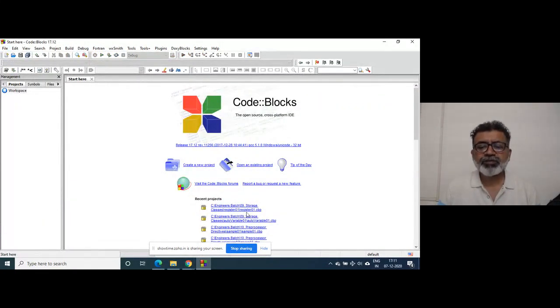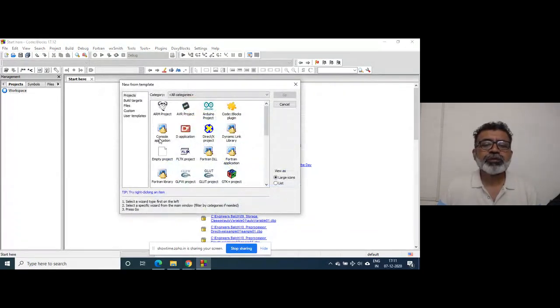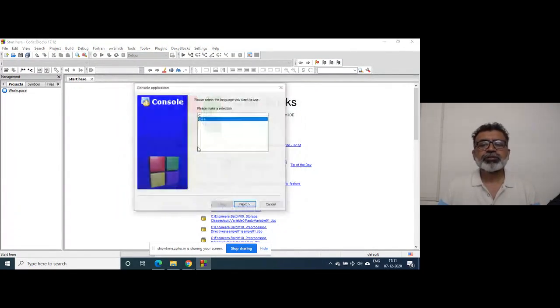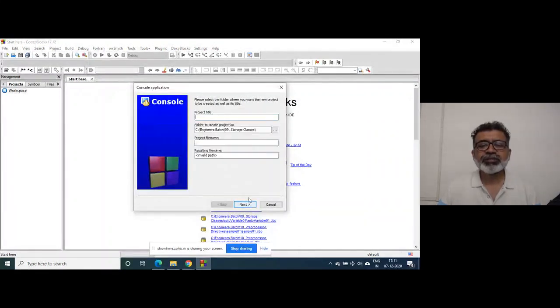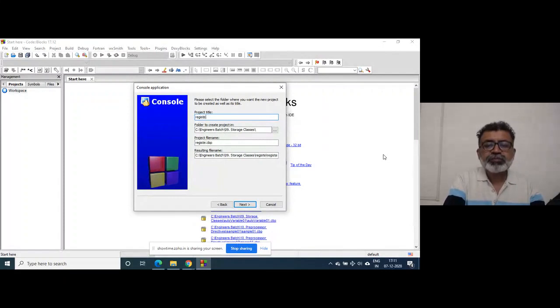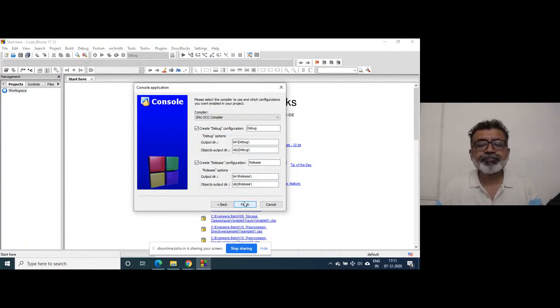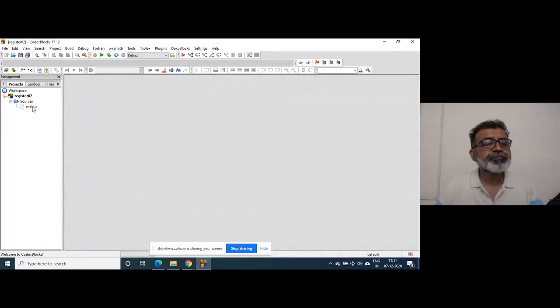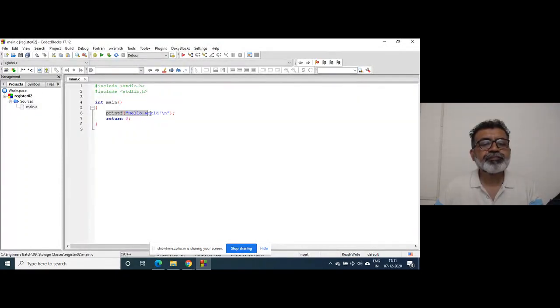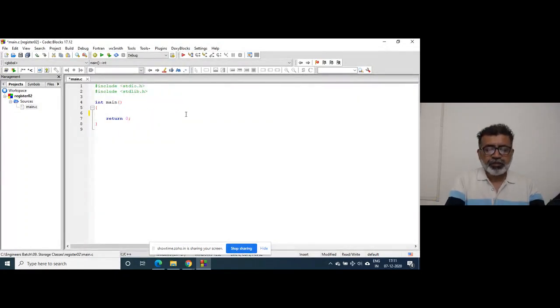Next, I gave the name register and wrote the program for static. Actually, I have given the name as register. I'll give the name as register 2 now. Suppose I declare a variable as int i.